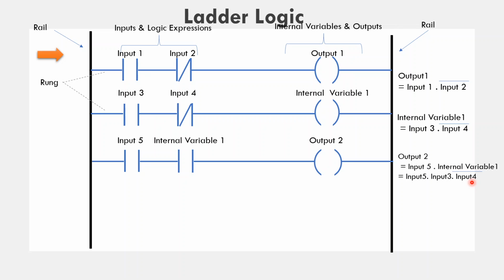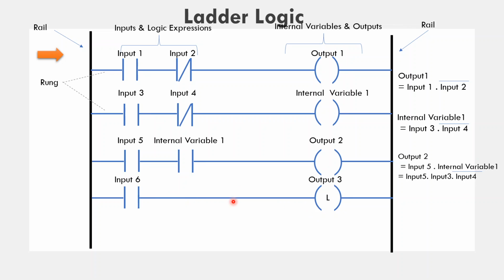And sometimes there is a requirement that we should hold the value of inputs, that means we have to store the value of the input. At that time we use the latch. So the symbol in the ladder diagram becomes like this, that is an L. So here is input number 6, and here we have output number 3 as a latched output.